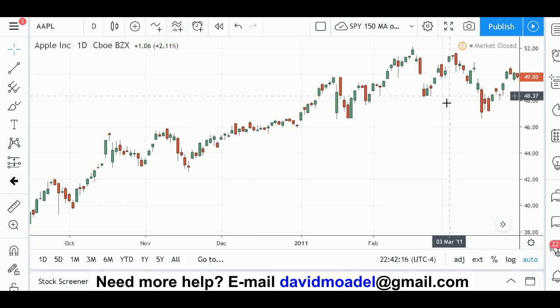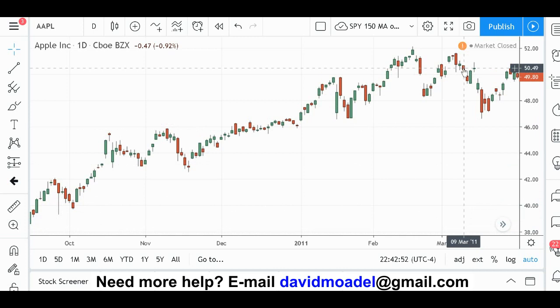If you want confirmation, you can look at the volume. If this swing high is on low volume, that could confirm that it's exhausted, okay? So if you were to sell, now you don't know it's a peak until it starts to turn around. So let's say it starts to turn over here. You get a couple of down candles here, and maybe a big red volume bar would confirm it, and so you'd sell here, okay.